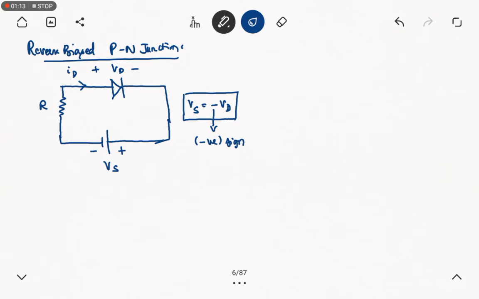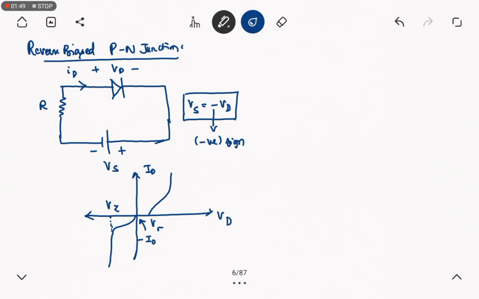Next we are going up with this graph. How does the diode voltage vary with the diode current? It exponentially decreases. We can see here this is V, and it cuts here. This is the diode voltage. Since it is a reverse bias junction, we can make out this as I naught.